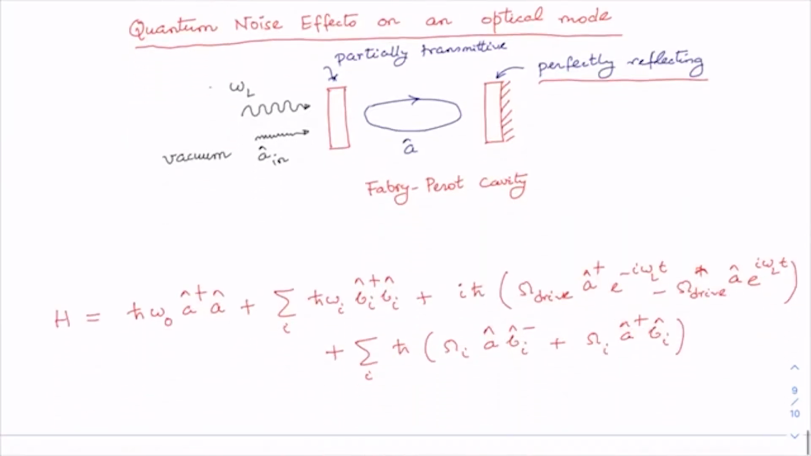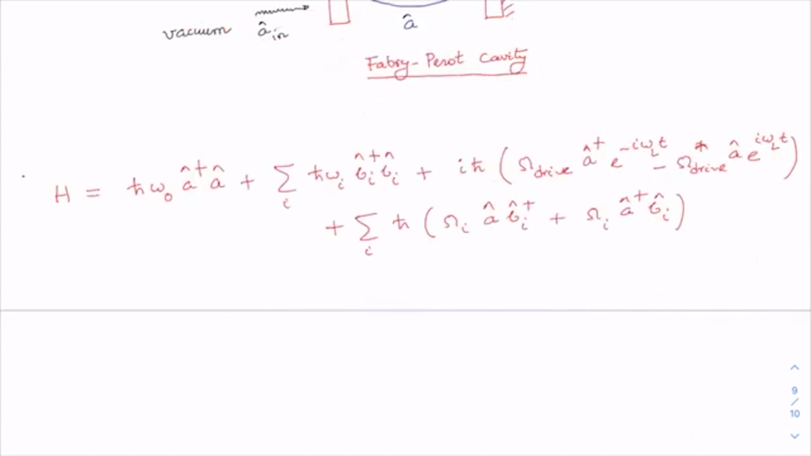Finally, we started discussing the quantum noise effect on an optical mode in the context of a Fabry-Perot cavity, because the Fabry-Perot cavity is at the backbone of any cavity optomechanical system. Here we considered one of the mirrors in the Fabry-Perot cavity to be perfectly reflecting and the other mirror to be partially transmitting, and vacuum fluctuation enters into the cavity from one side, and if it is a cavity optomechanical system, then it is usually always driven by a single mode laser having frequency omega L. We wrote down the quantum mechanical Hamiltonian for the system, but